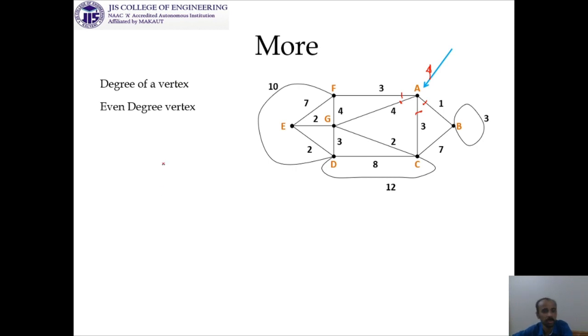So immediately another question will come: what is an odd degree vertex? An odd degree vertex means the degree of that vertex is odd. So you can search for this one also, 1, 2, 3, or you can get this one. So let us check. This has 1, 2, 3, 4, 5 odd degree vertices. Now one question is coming: what is the degree of this one? If we consider 1, 2 and 3 edges are incident on that vertex, then the degree of this vertex has to be 3.